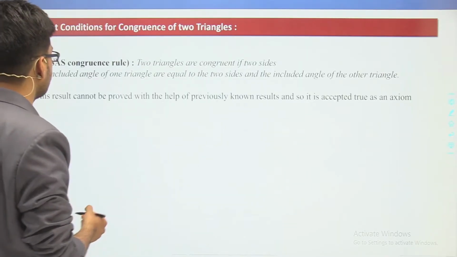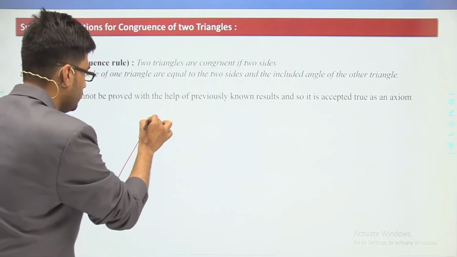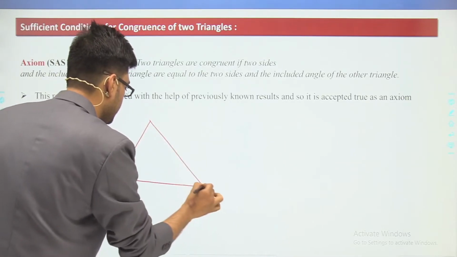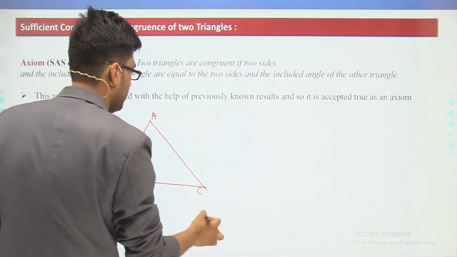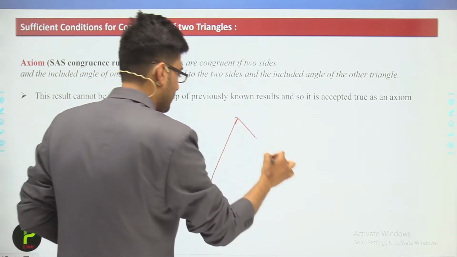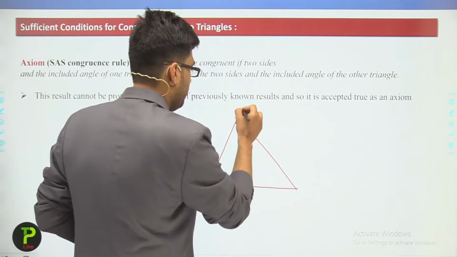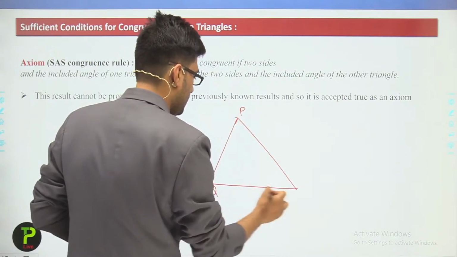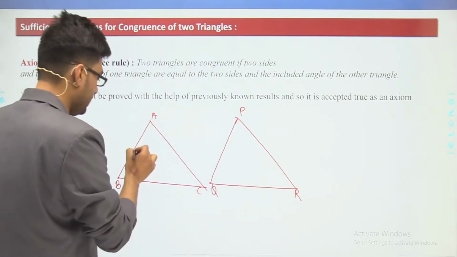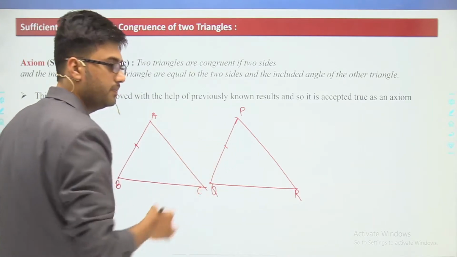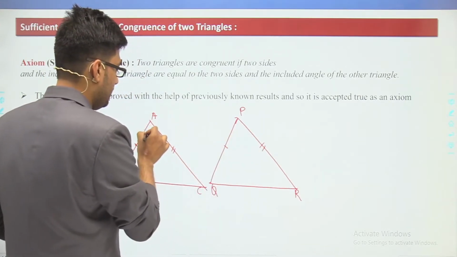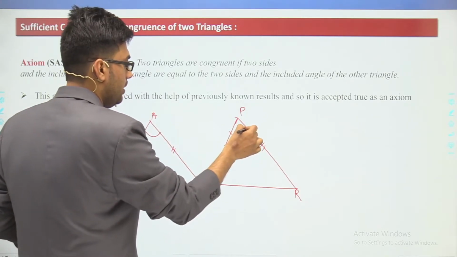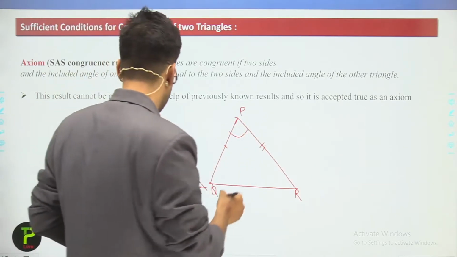So now if we have two triangles, this is the first triangle ABC, and the triangle PQR. And students, if AB is equal to PQ and AC is equal to PR and this included angle is equal, then we can say that by